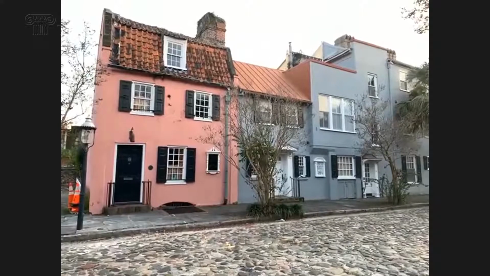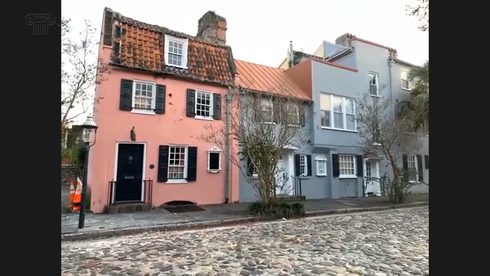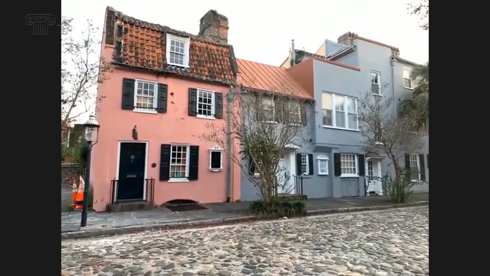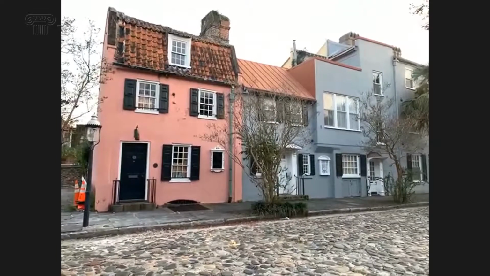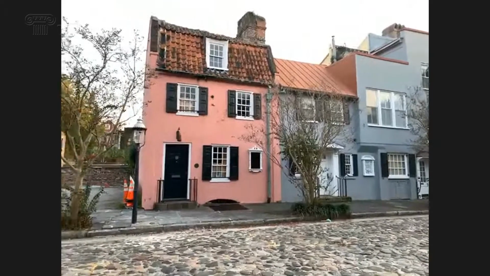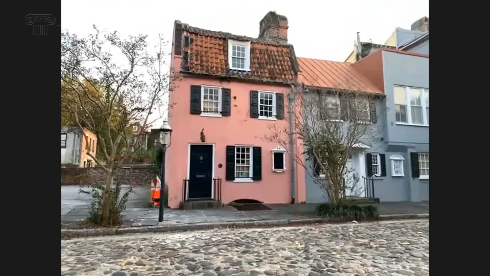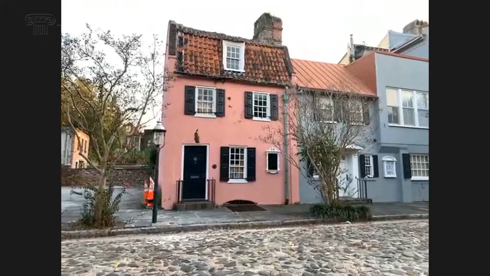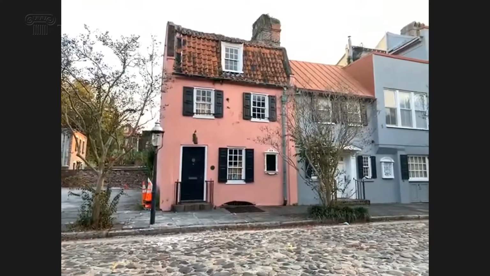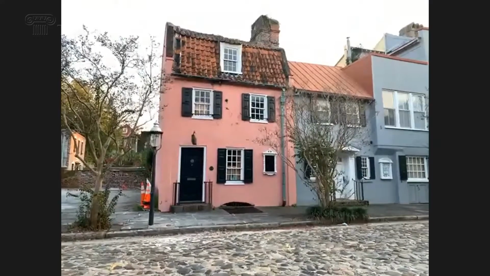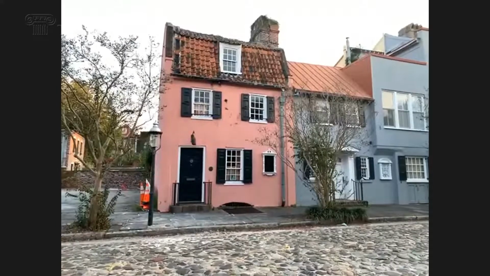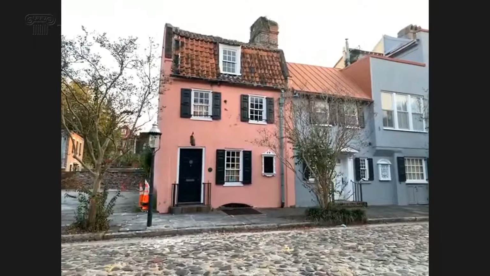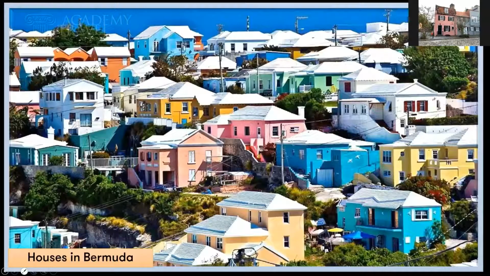The architecture of these very early houses is quite distinctive, especially the use of pastel colors, but also the squat design of the houses, quite short, with these small double sash windows. This is the architecture that actually came from Bermuda. When William Sayle and those first colonists arrived from Bermuda, they brought with them the traditional styles of that island. And Stuart can throw up a slide of Bermudian houses today, which still follow this pattern.